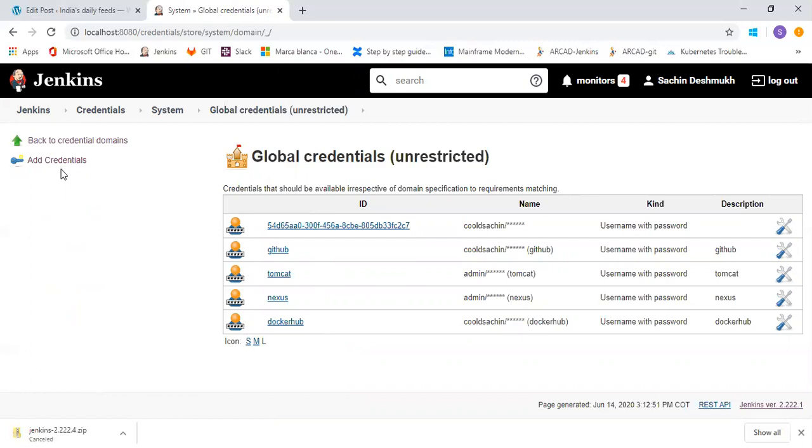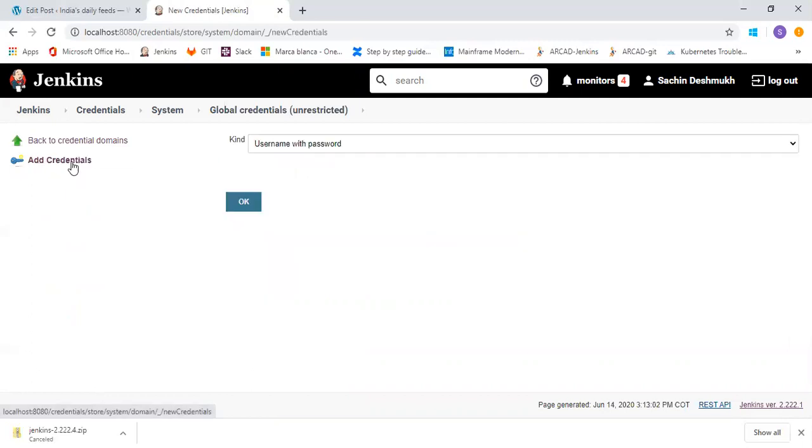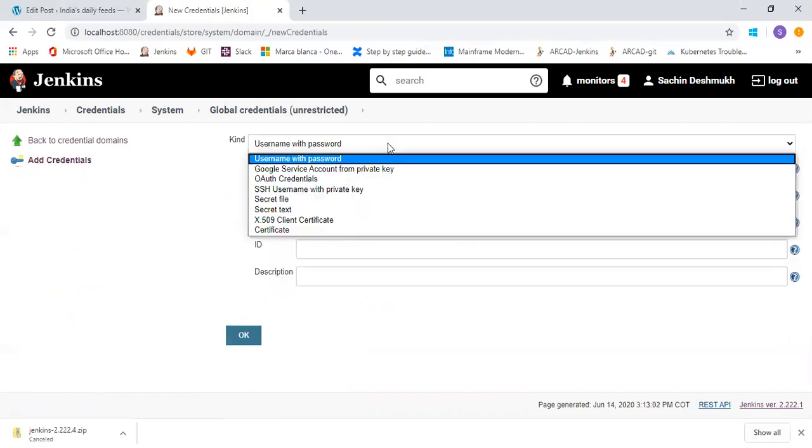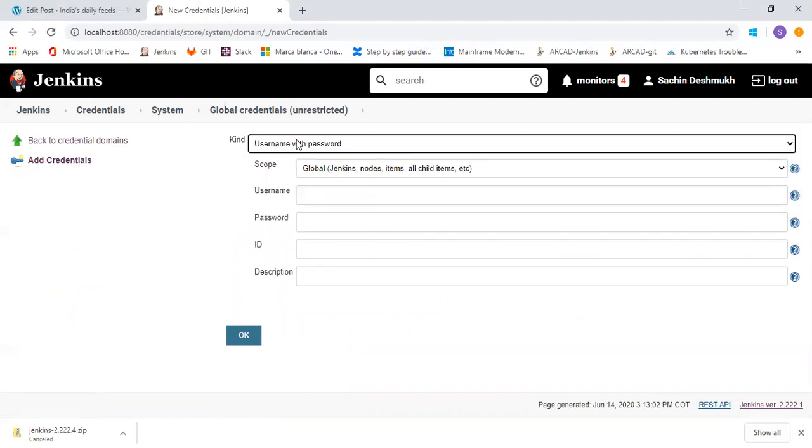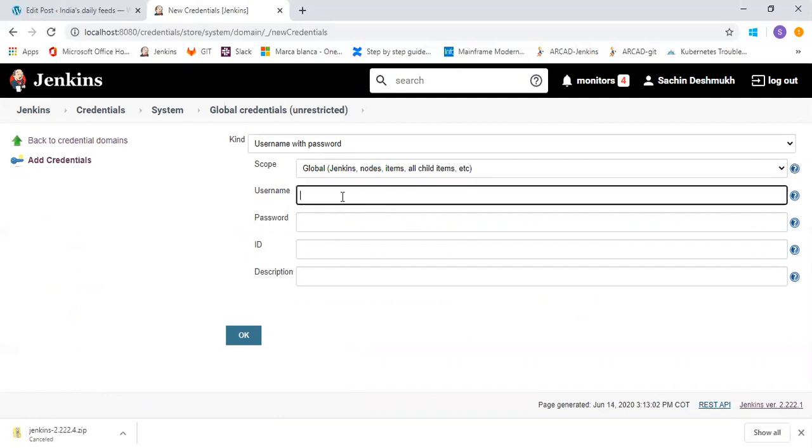If you want to add credentials, then click on Add Credentials. Here, you need to choose what kind of credentials to add. There are many options available. If you want to give username and password, then select this.